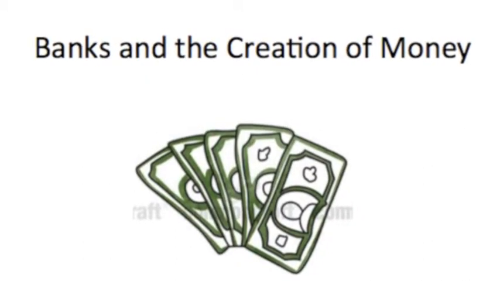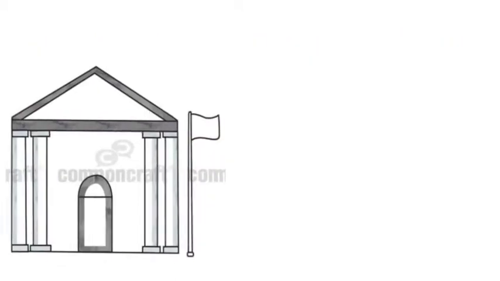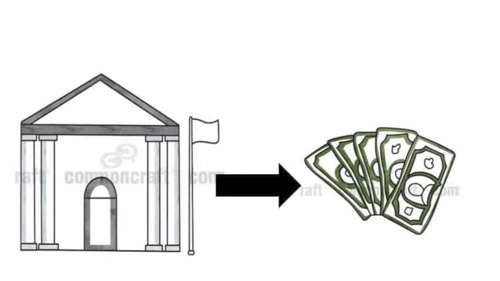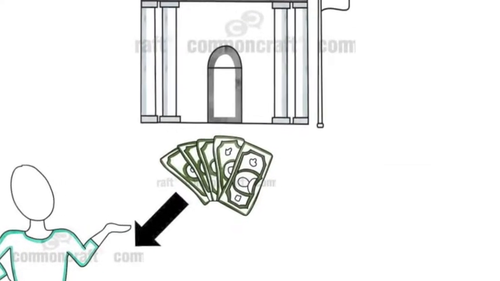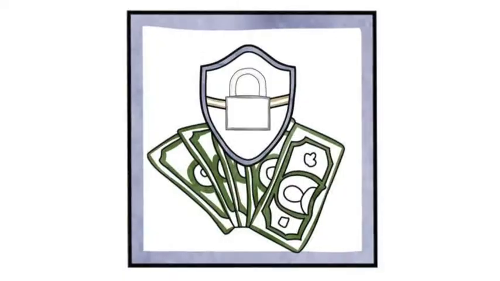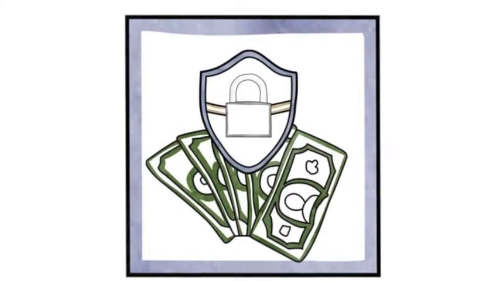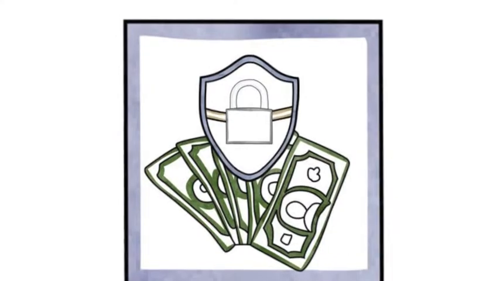First, you must understand how banks create money. Money is created when banks make loans. Banks can loan money to individual people and also businesses. Even though banks have the power to make loans, they are required to keep some of the money they receive